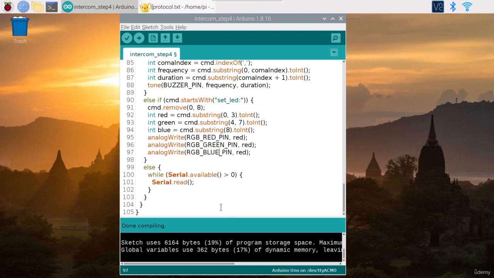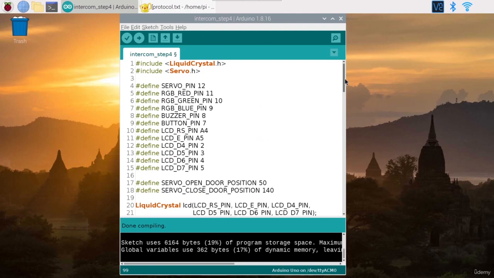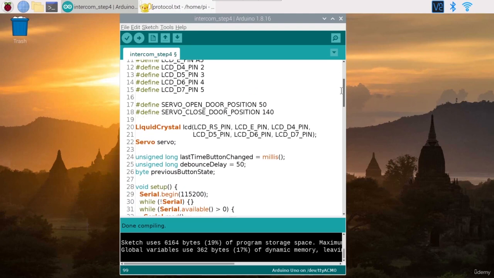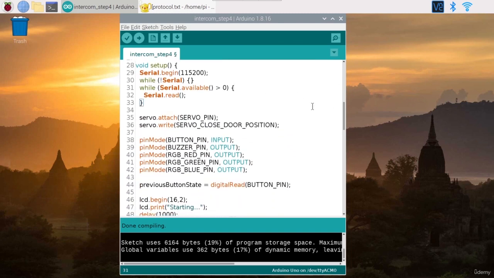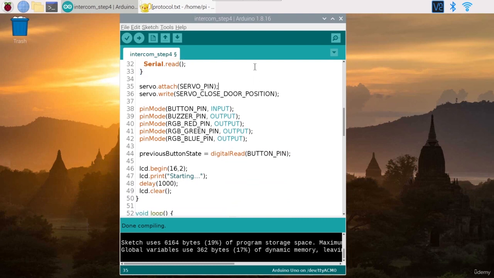You can see now our code is about 100 lines, but it's still quite clear. First, we have initialization, so some defines and some objects we need to create, some global variables. In the setup, we start serial communication. We initialize all the pins, all the components. We do some setup actions, for example, put the servo in a certain position, print some text on an